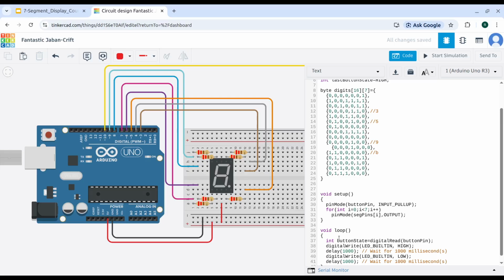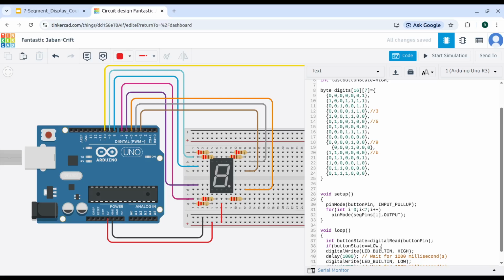So now we need to detect press, high or low. So if button state is equals to low